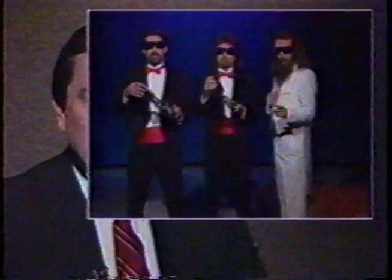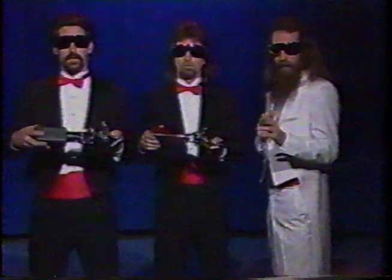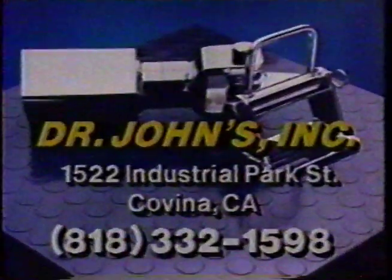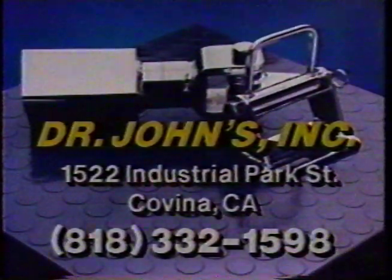The old noisy trailer hitch is gone, replaced by SAE-approved Trailer Dock, a new logical means of towing. Standing by live is inventor Dr. John. Trailer Dock's unique three-way action provides you with a smooth and positive connection at all times. Stop by for your free demonstration. Trailer Dock, now available at Dr. John's in Covina. For more information, call area 818-332-1598. Cut. That's a tow, a show. What about...